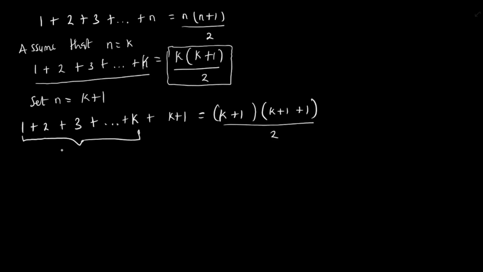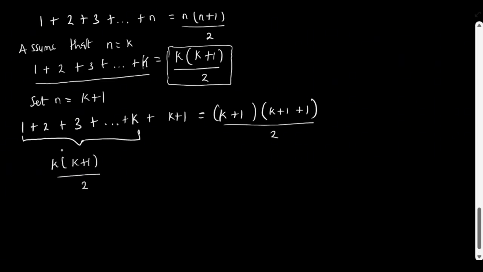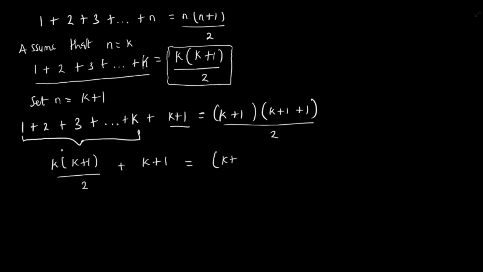So instead of writing this, I can replace this expression with k(k+1)/2, plus this k plus 1, which equals (k+1) multiplied by k plus 1 plus 1, which is k plus 2,